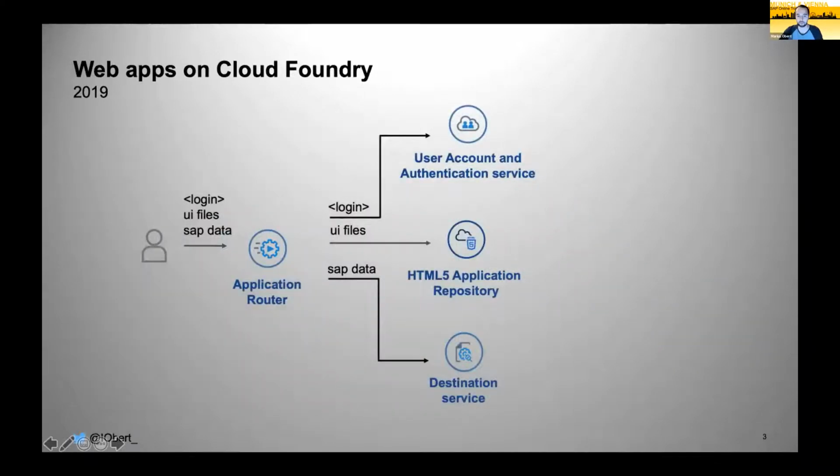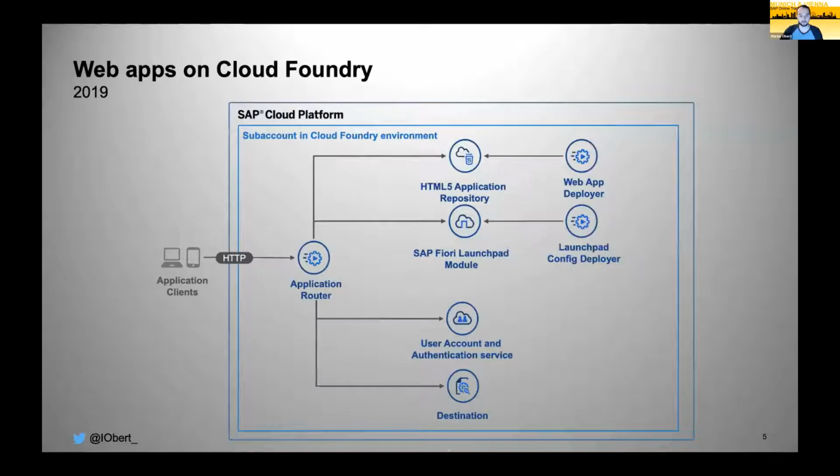So this is the architecture, the runtime setup that I described, but it's only the runtime setup. When I go forward to this slide here, we basically see the entire deployment scenario or the full architecture diagram, because you need a so-called deployer application to actually take your web application and store it in the HTML5 application repository. So this is a Node.js script that has your web application as an attachment. And once you deploy this Node.js script to the Cloud Foundry environment, it will take the attachment and move it